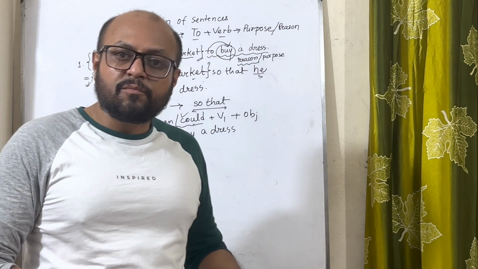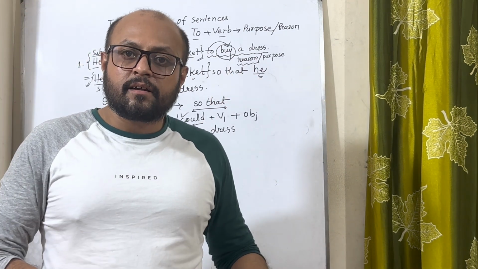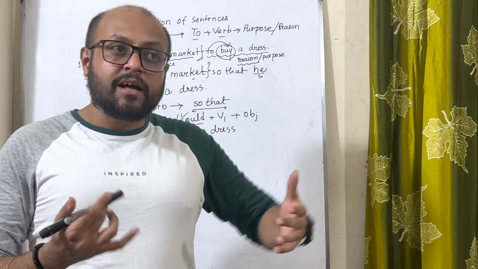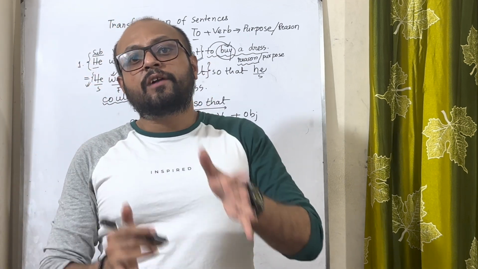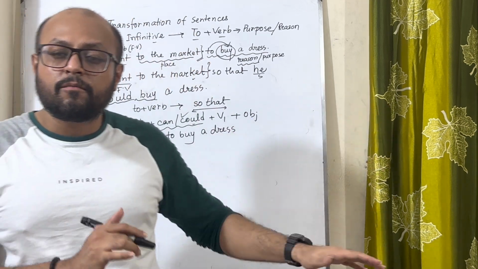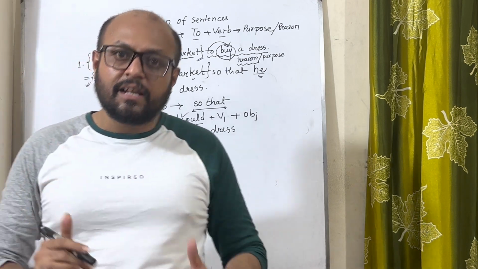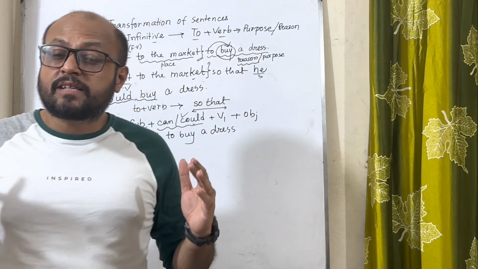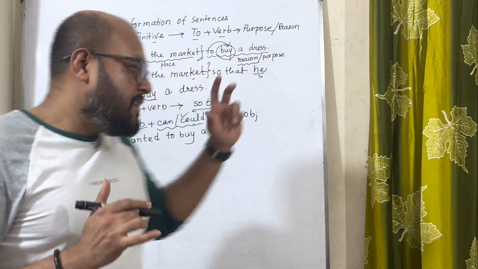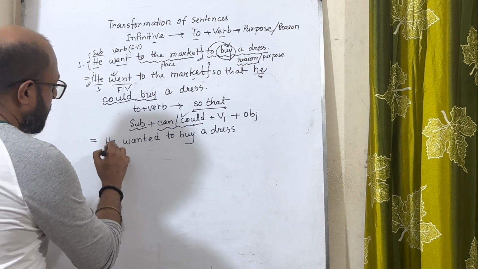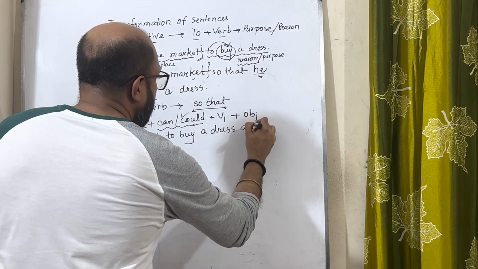Actually, he wanted to buy a dress because why did he go to the shopping mall or market? Basically, he wanted to buy a dress. Or in your life, it happens that whenever you want to buy something, you just go to the shopping mall or market or wherever you can get it. Similarly, you need to understand this idea. Alright, so that is the reason why when we are writing the compound sentence, we started with wanted to buy a dress, and